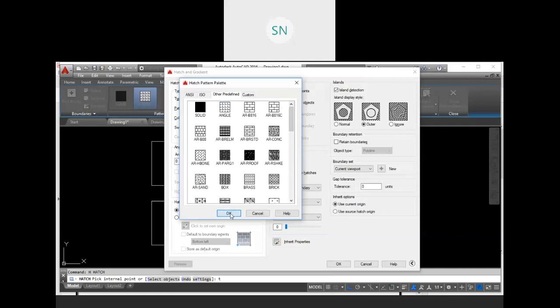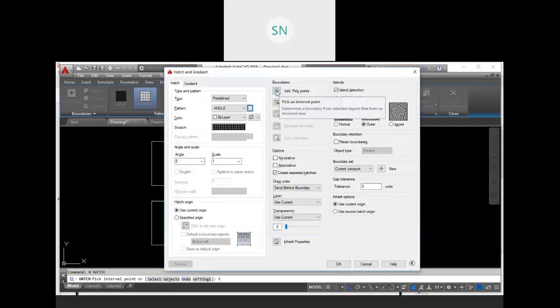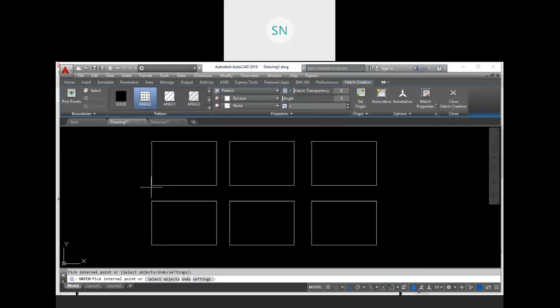Select your pattern, okay, and go to Add Pick Points. And as you go inside a closed area, it will automatically show us a preview. But for the preview, we must have a closed area because Hatch is applicable only in a closed area, right? So whatever closed area we have, we can apply Hatch.